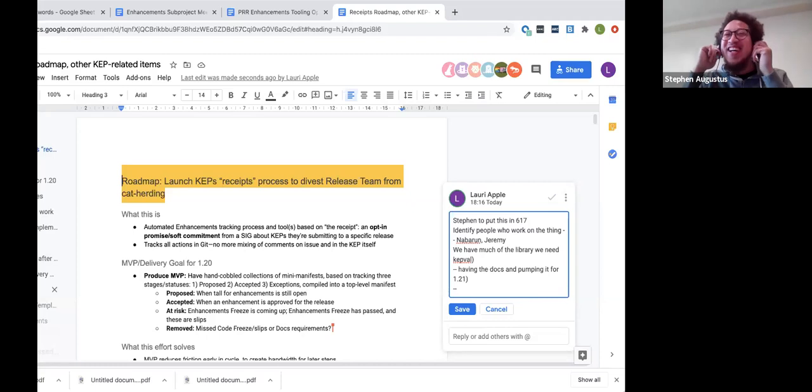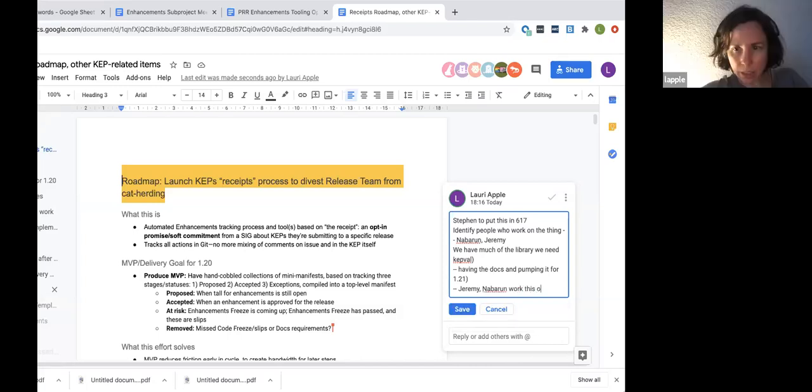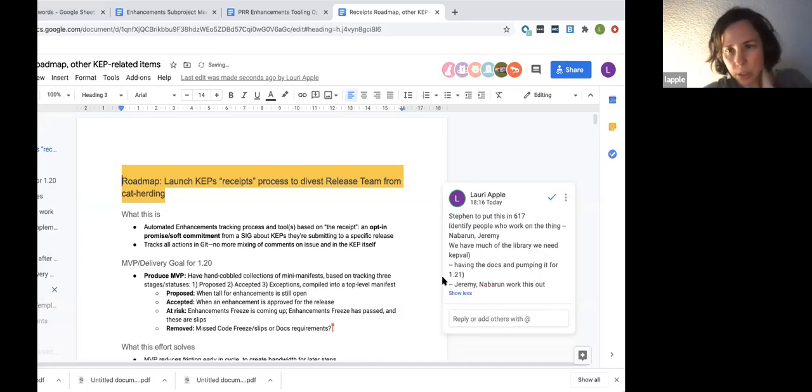Yeah, because we also have now Bruin working on the KEP's website. So I just want to figure out how we juggle priorities and time management stuff. Given other people's obligations, I would say between Jeremy and Navarone, y'all figure out who wants to focus, who wants to be the primary driver for which, and swap or drop, right? Yeah. So let's use the enhancements Slack channel to sort out those details. Does that sound good? Cool.